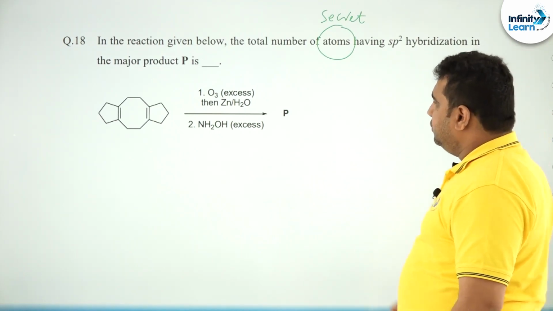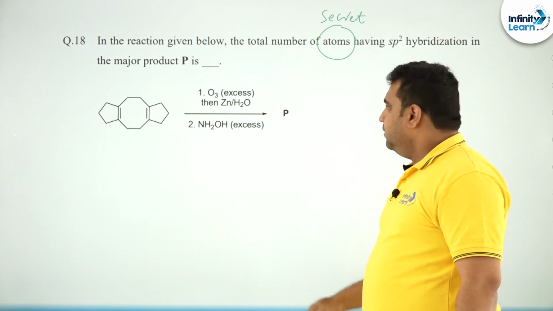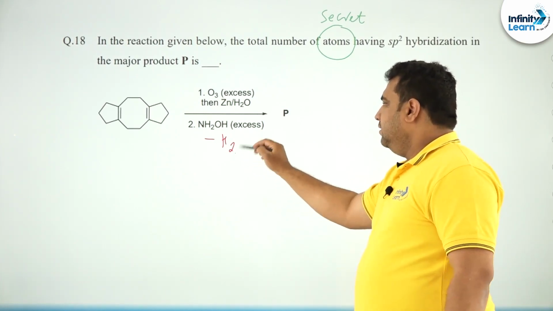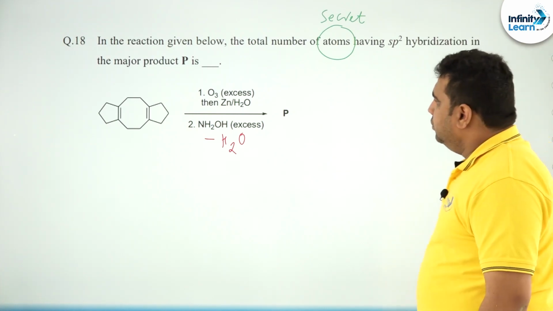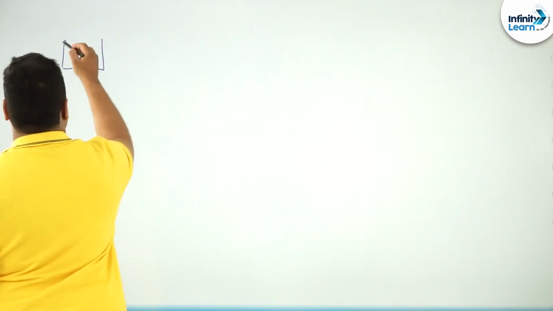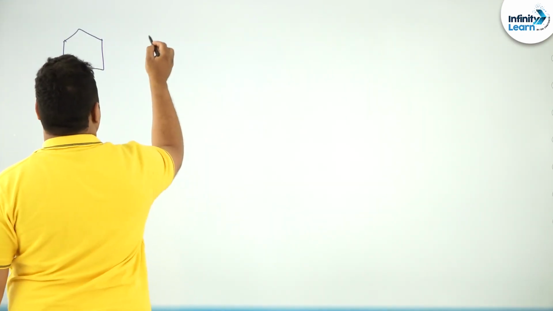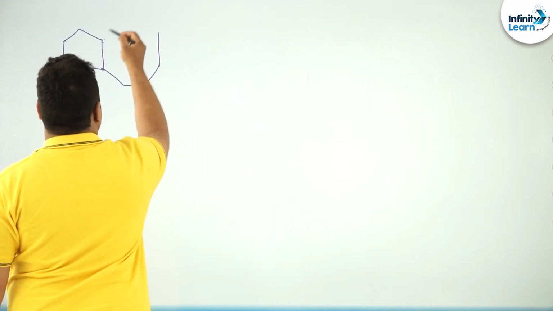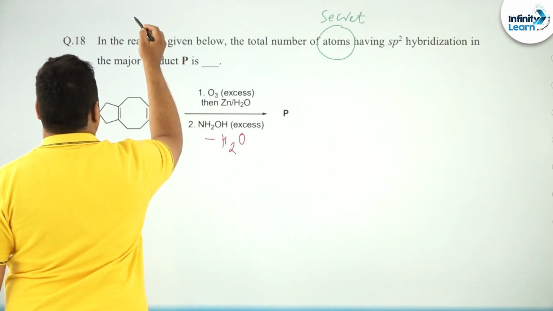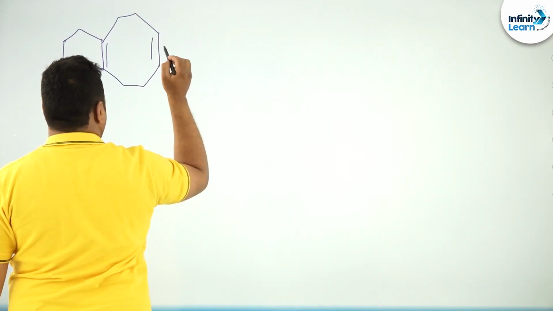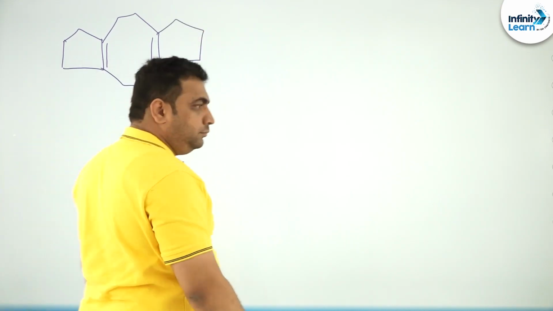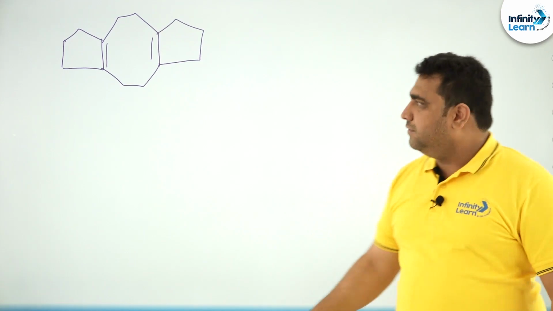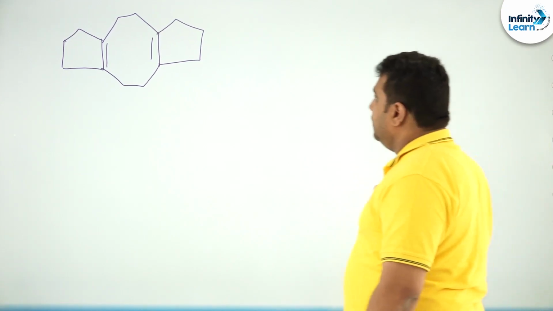So he is saying that first you are treating with ozone, then with hydroxylamine. Hydroxylamine obviously participates in loss of water and gives you the corresponding product. So let us see. This is a 5-membered ring and this is an 8-membered ring. Double bond, again this is a 5-membered ring. Okay, dear students, so you are ozonolyzing this first. So whenever you are doing ozonolysis of this,